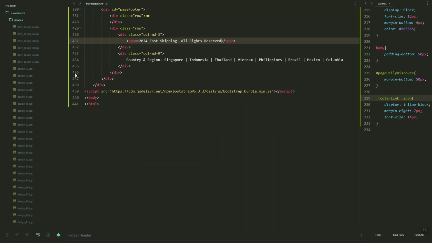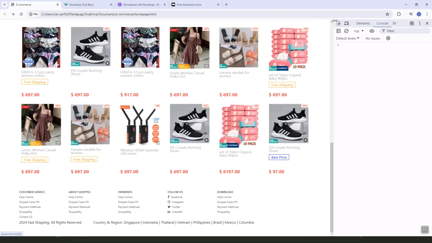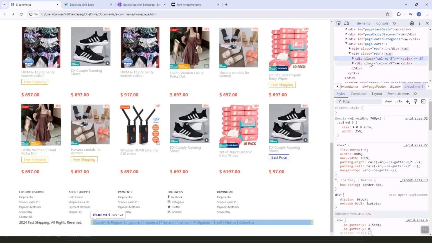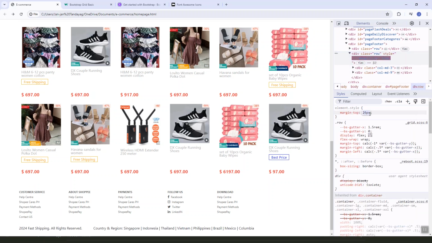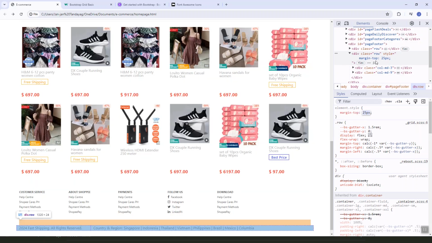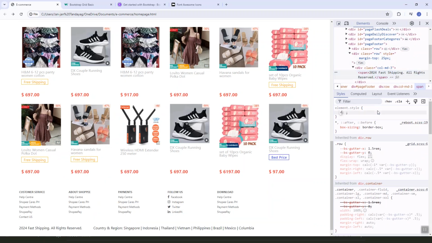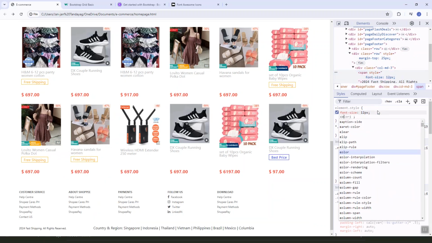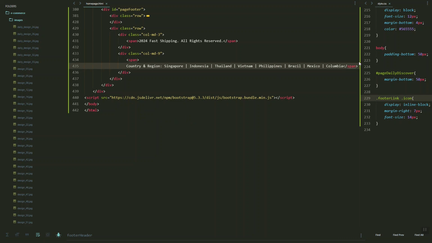So that will be the name of the app. And then here let's put it in the span. So now we are going to add a style to our element. So let's add the margin. And then here let's add the font size, the color,